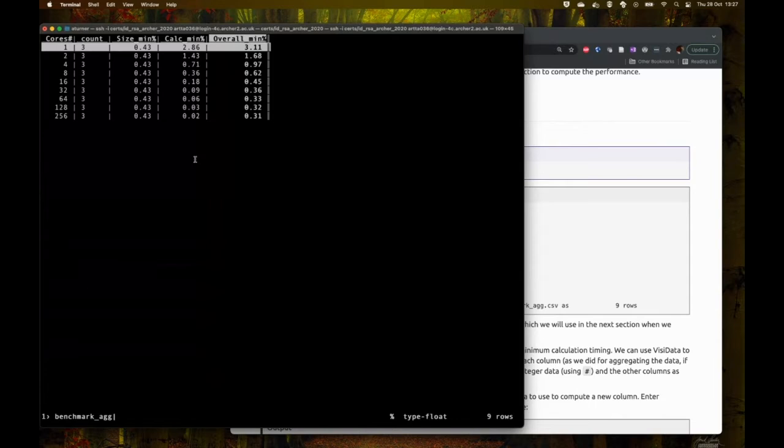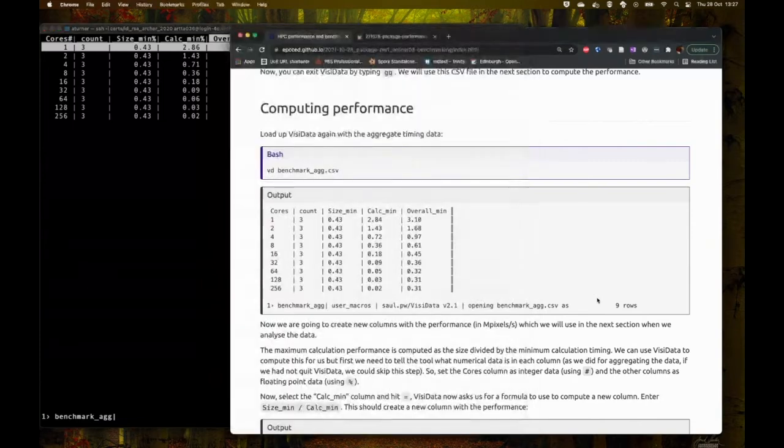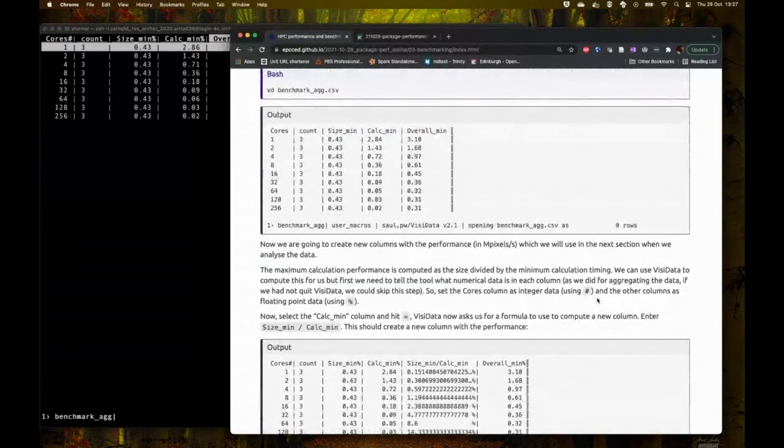We don't need to worry about the count one because we're not going to use it. We're not going to use that in the work we're doing at the moment. Now, to create a new column, you select the column you want to the left of where you want the new column to be,